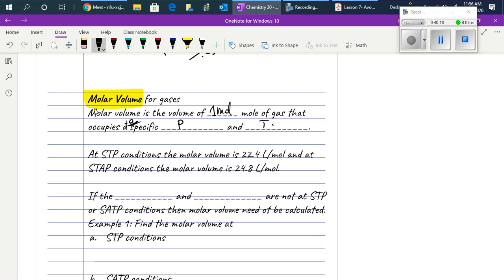When we are talking about the STP conditions, the molar volume is a specific number,